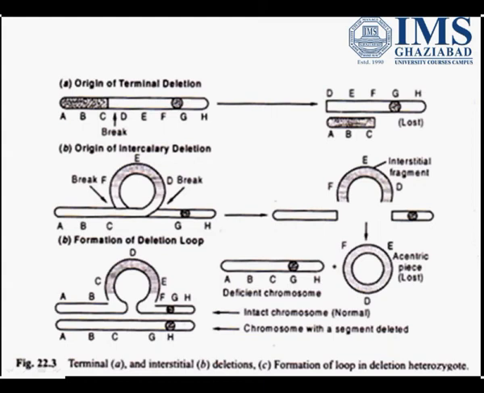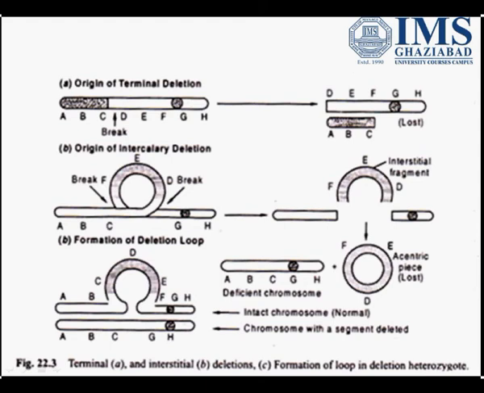Now this is called deficient because we are losing the genes E, F and D, or you can say D, E, F. These genes get lost and we have the chromosome which is without these three genes. Now, how will the meiotic pairing take place? Further, you just find out that A, B, C, G, H, this chromosome comes from this particular deletion.